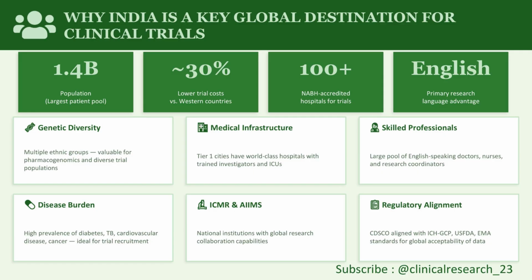Finally, India's population exceeds 1.4 billion people, making it the largest patient pool globally. This vast demographic provides a unique opportunity for large-scale studies and faster recruitment, positioning India as a strategic hub for global clinical research. Let's take a moment to look at the global clinical research timeline and some of its key